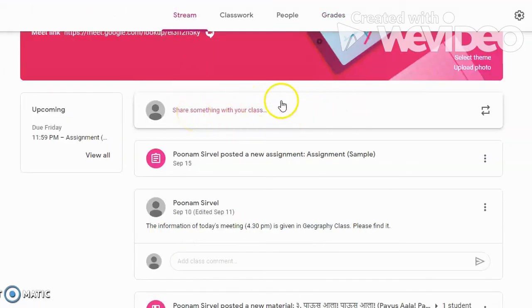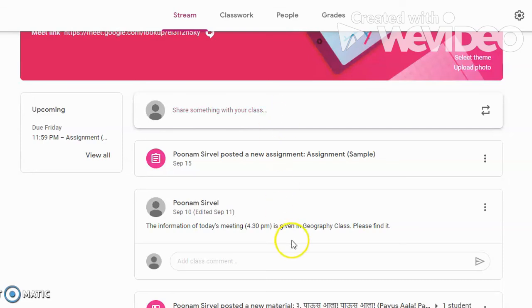This bar is used to post. So when you select the first option, that is students can post and comment, this bar will be open to the students as well, and students will be able to post anything on the class. What I have noticed is that the students use this to message or ask anything to the teacher the way they do on WhatsApp. Like, Miss, what are we supposed to do in the assignment? Miss, I am not able to open the video. Thank you, Miss. Miss, I won't be able to attend the meeting, etc.